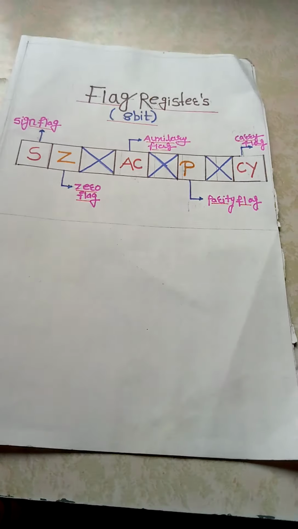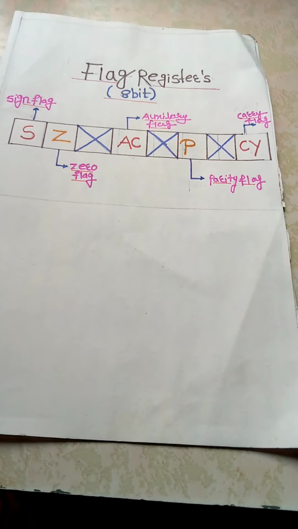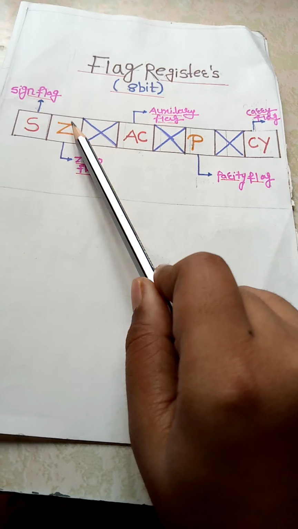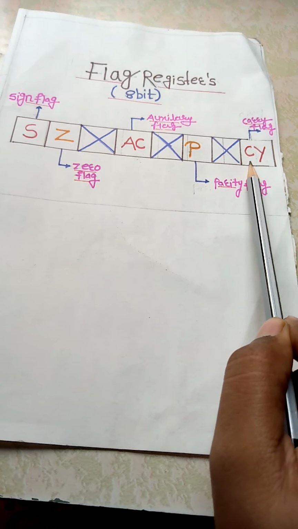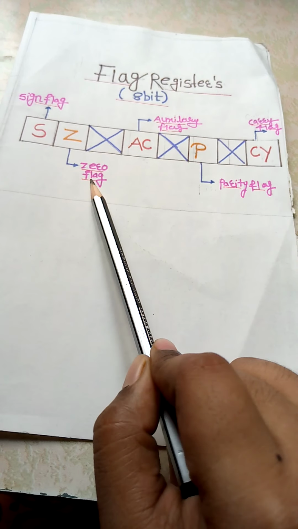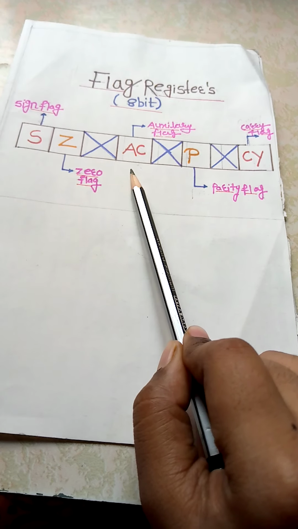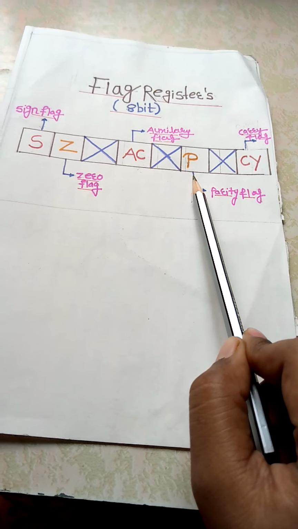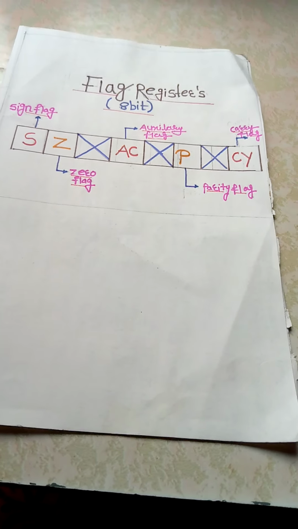In short, you can memorize that the flag register is one type of register. It is 8-bit. Its work is to take the current status. It is of 5 types: sign flag, zero flag, auxiliary flag, parity flag, and carry flag. Sign flag is for checking the sign. Zero flag is set if your operation result is 0. AC is when a jump takes place from D3 to D4, P for checking even and odd, and CY for the carry flag. In this way I taught you about the flag registers. Now with the help of that you can determine the nature of your operation.